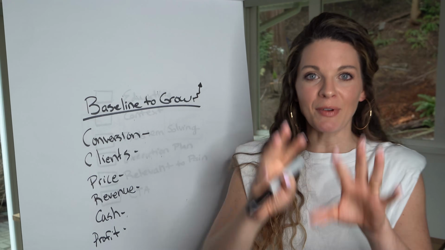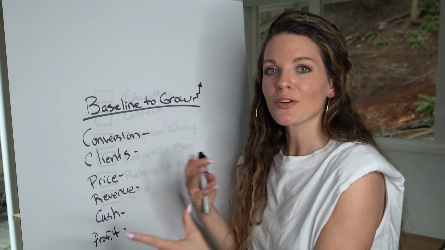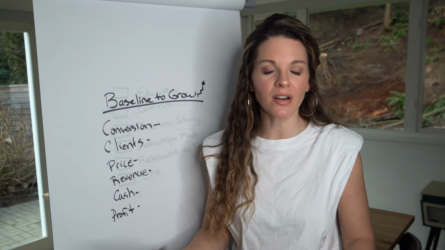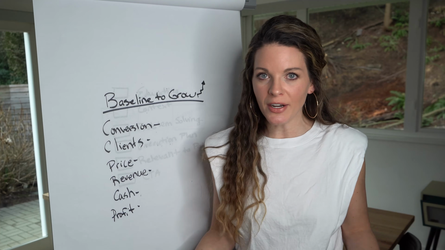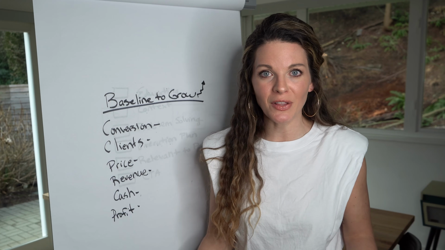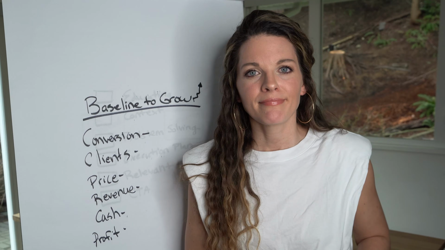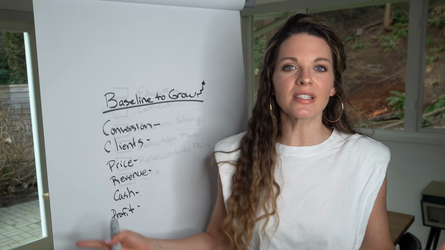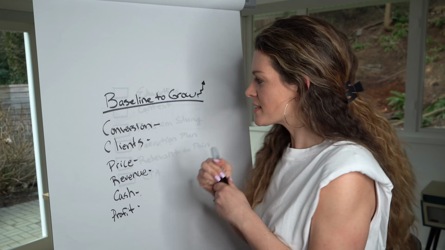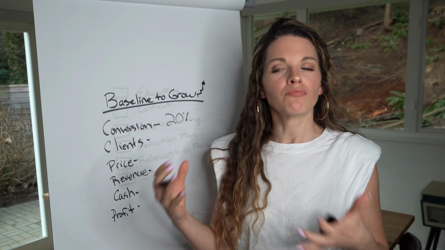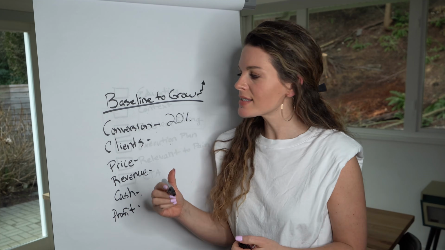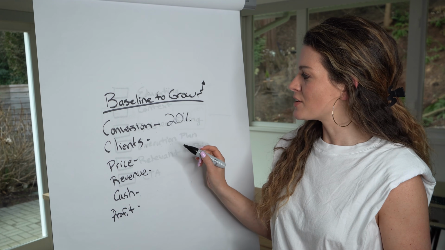The first thing, and we talked about this in last week's video, is you need to understand what your average conversion rate is. Whatever kind of vehicle or marketing that you're doing, or sales strategy that you have, or clients you're bringing in the door, how many people are you converting? And what is the percentage there? So industry standard, let's say, is 20%. So it's 20% if you're doing a phone call to get people in the door and you're doing an application process. So 20% is industry standard.